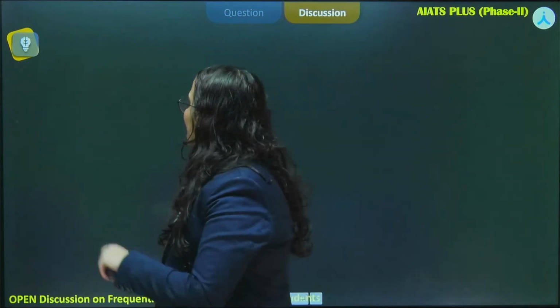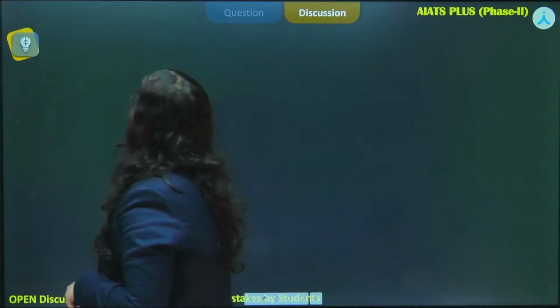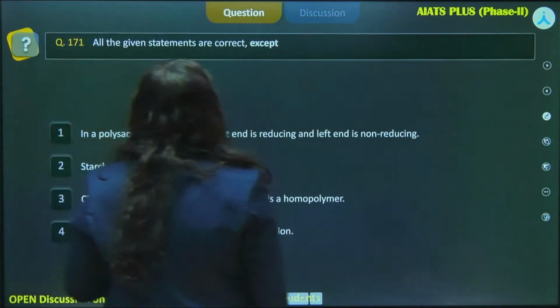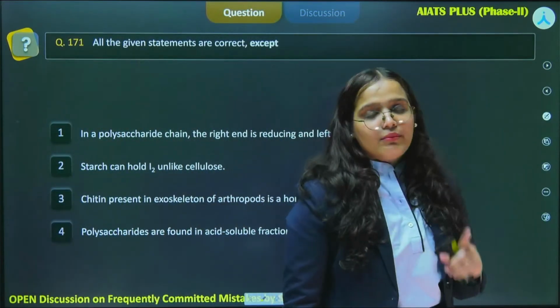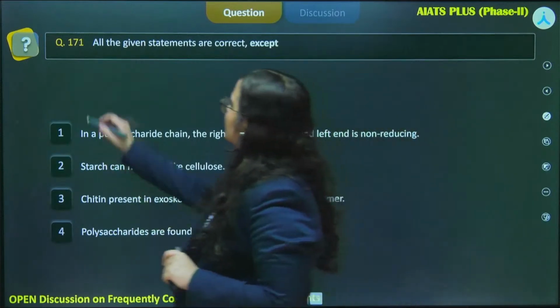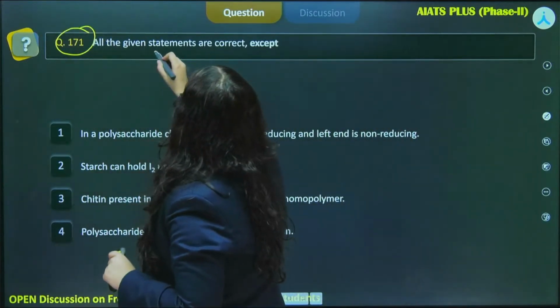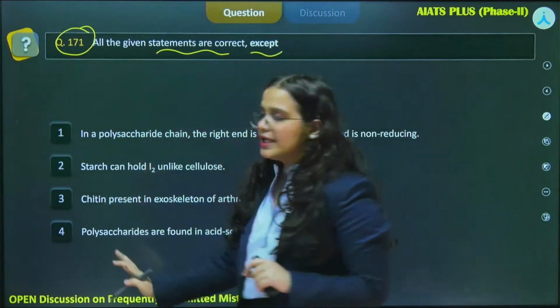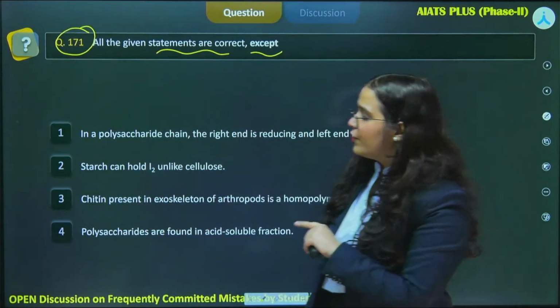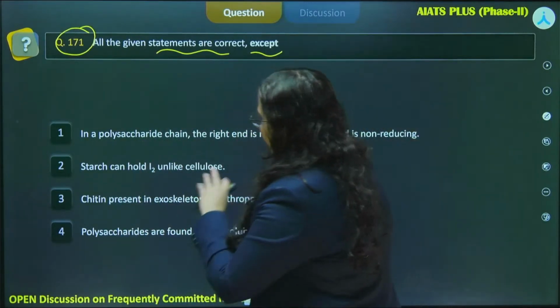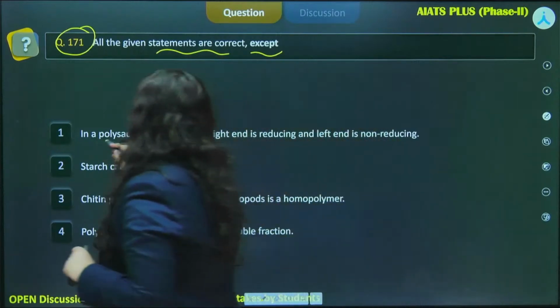Okay, so we move on to our next question now, and it again pertains to the chapter of biomolecules, and it states all the given statements are correct except. So basically among the given options we need to look for the one which is incorrect. So our first statement states in a polysaccharide chain